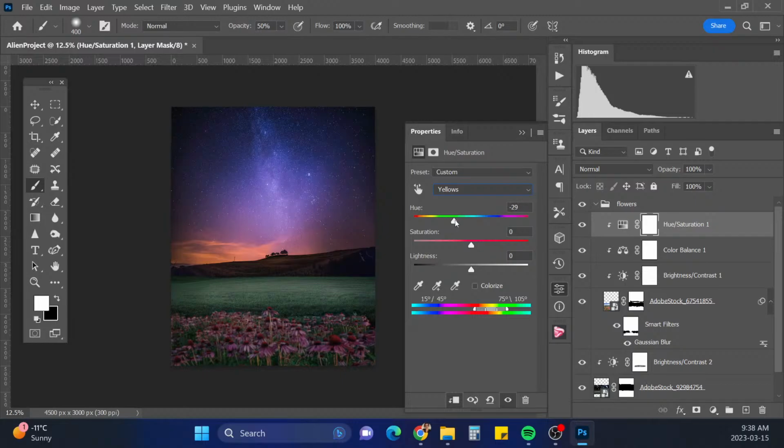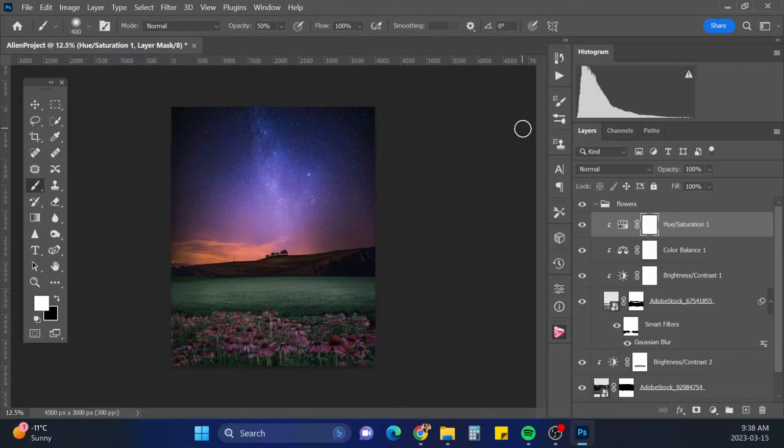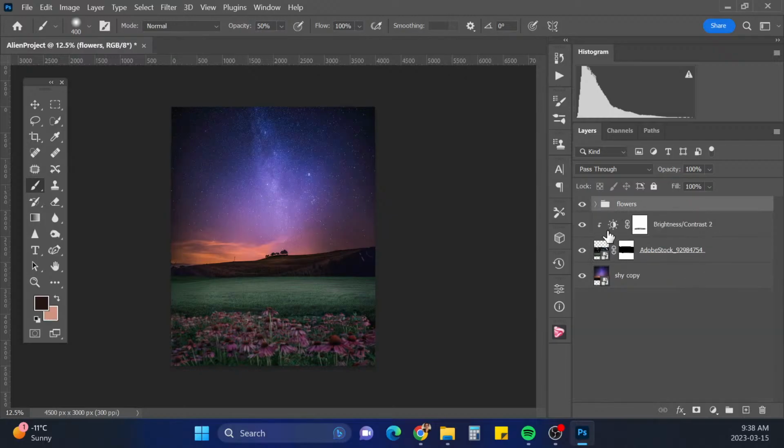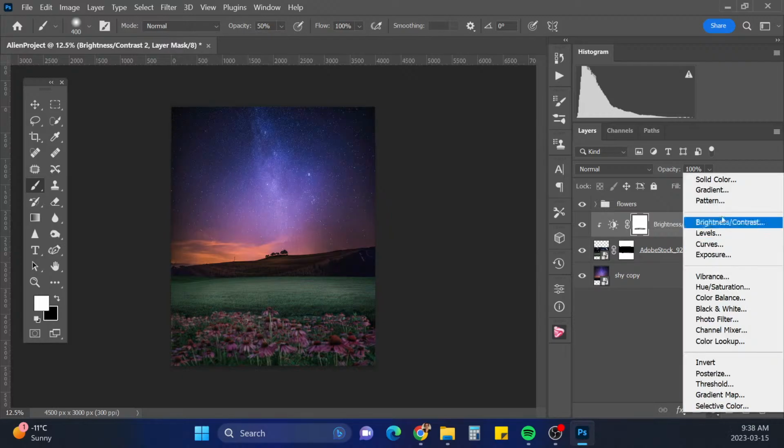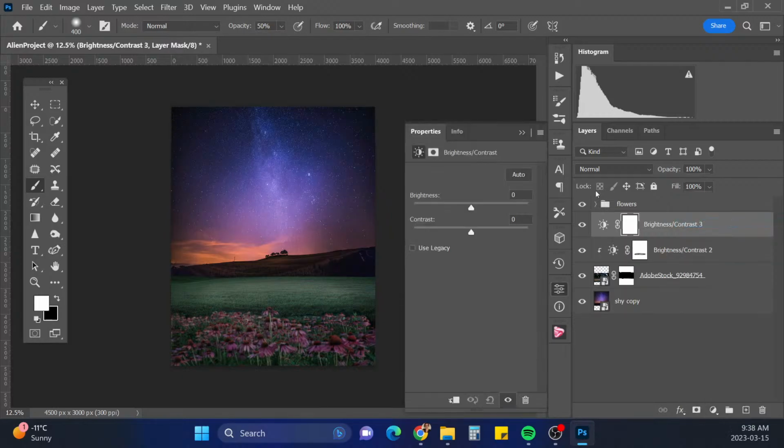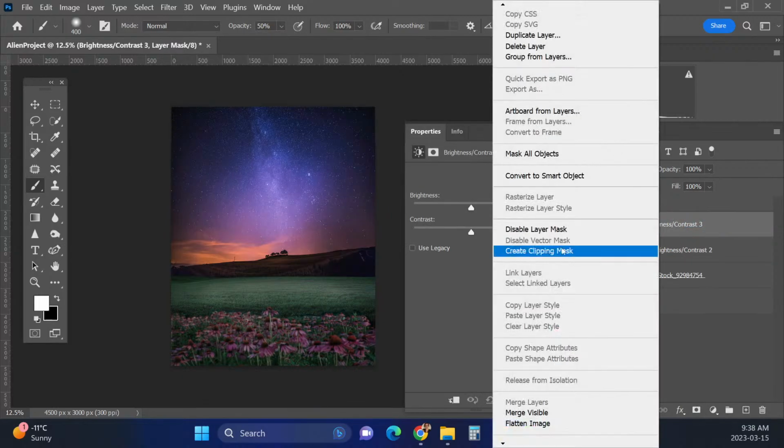Let's just see what looks better here. There, that's better. Okay, we need another brightness and contrast on this. Clip it back down.